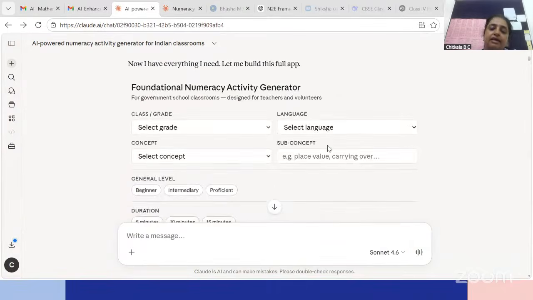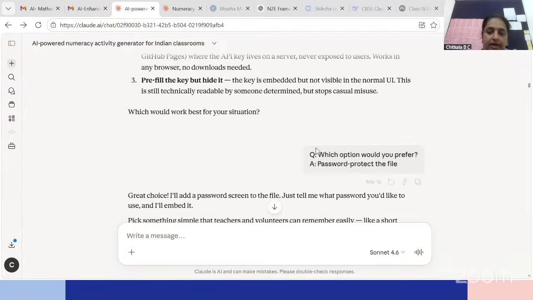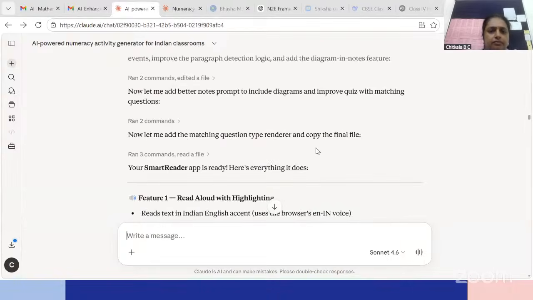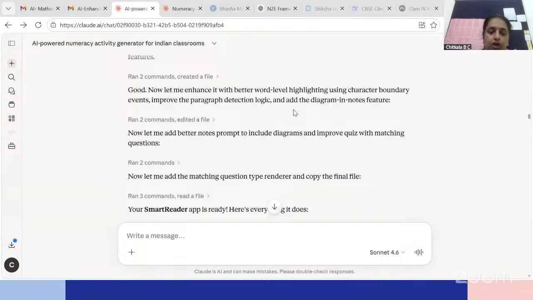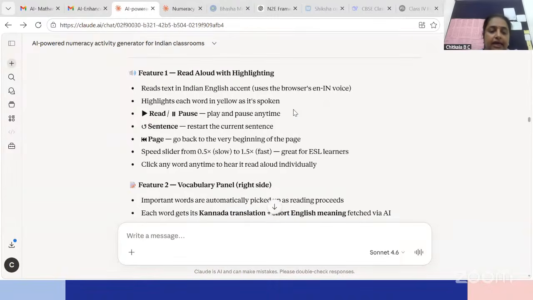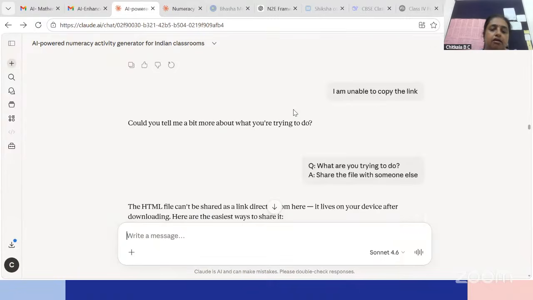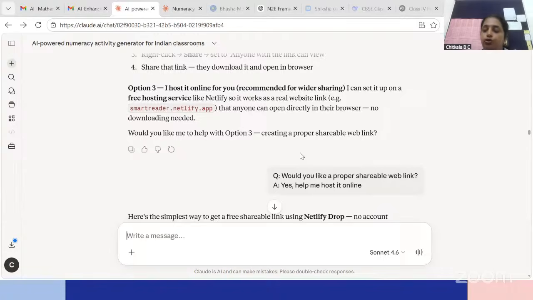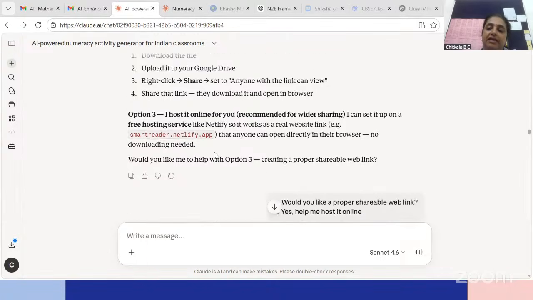When I went further, I needed a little more complicated version of help for the students. At that time, Claude helped me create many things, like logging into GitHub and then using Vercel to deploy the app. So many things. I'm not a tech person, but it taught me step by step to do all those things. And it was a very interesting experience.